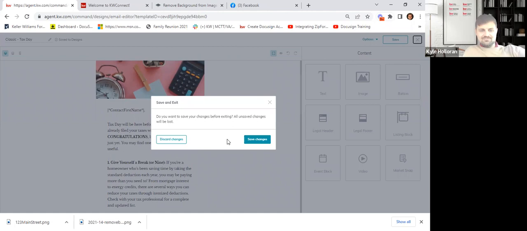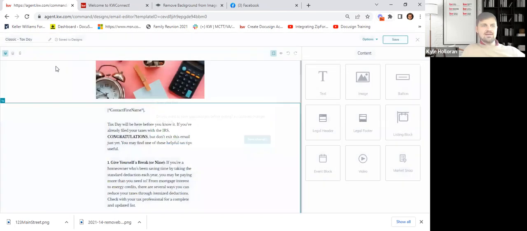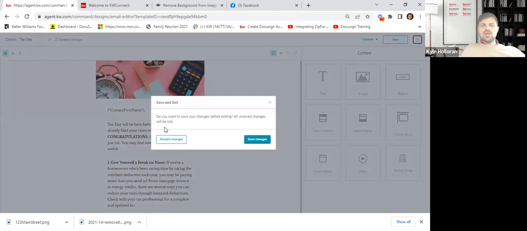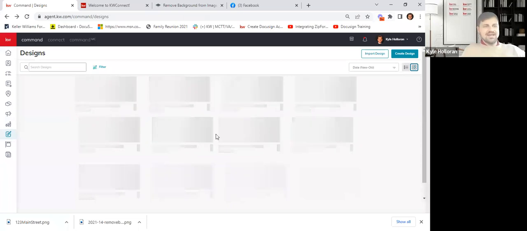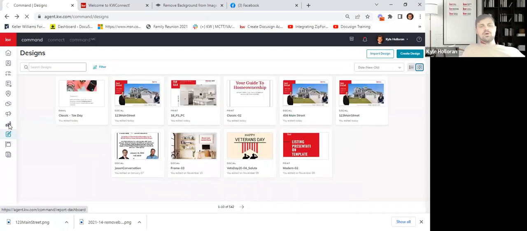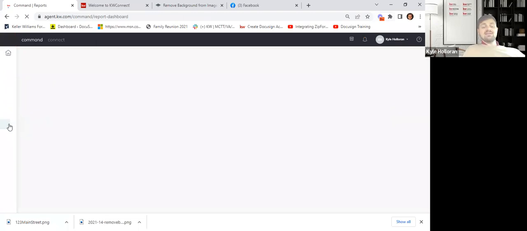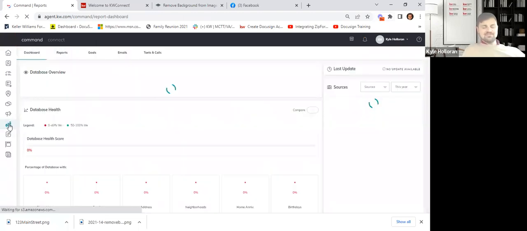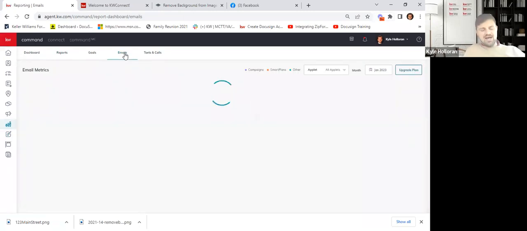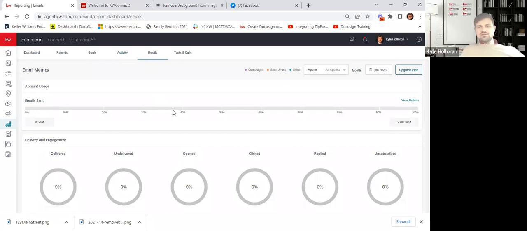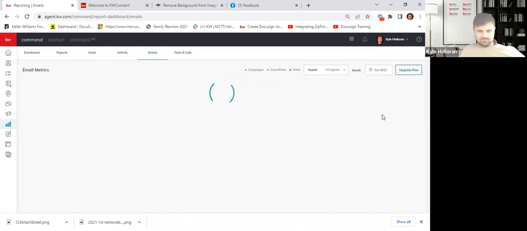Streamline it. Okay, and here's the really cool part about this, and this is where I'm going to end, and then we'll take questions before we wrap up. Go to the class tomorrow and finish on what we just did. You can now go into reports inside of your command system, and you will see an emails tab. You can open your emails tab and see, let me go back to a month from this account in which I sent an email. October 2022, let's say.